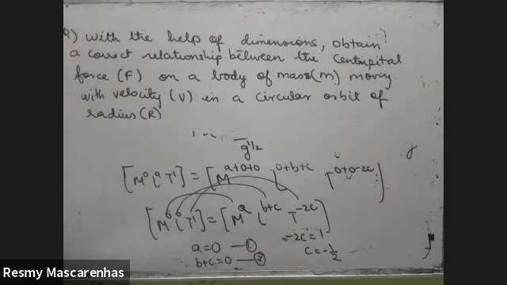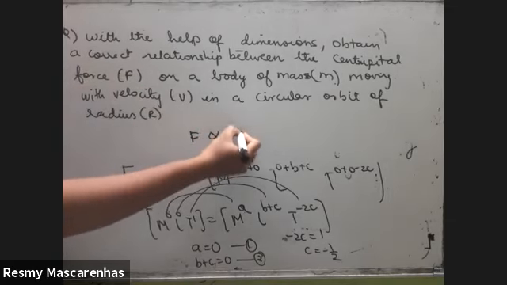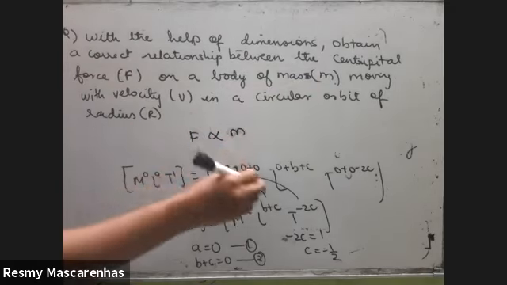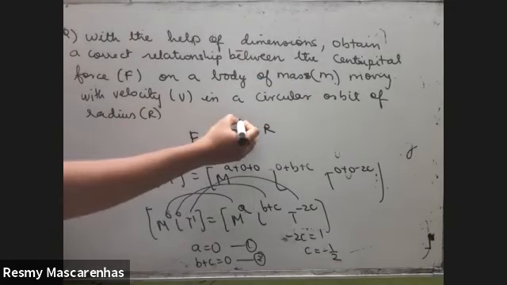Now the first one will always be on the left hand side. Centripetal force, correct relationship between the force and the other, whichever terms are there, will be on the right hand side. So now F will be on the left hand side, then mass, velocity and radius will be on the right hand side. So I will write it as F will be this side, mass, if they use small letter, you can use small, if they use capital, you can use capital. V, so this will be A, B,